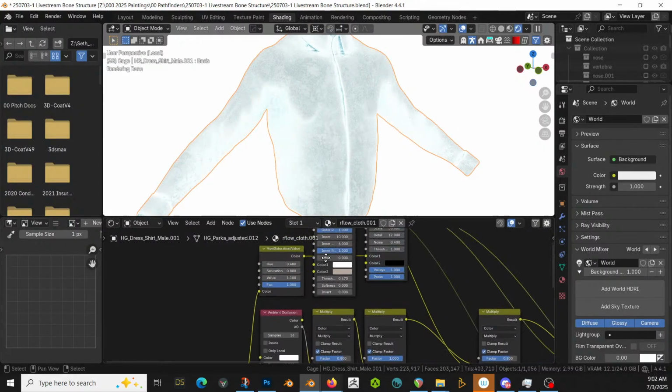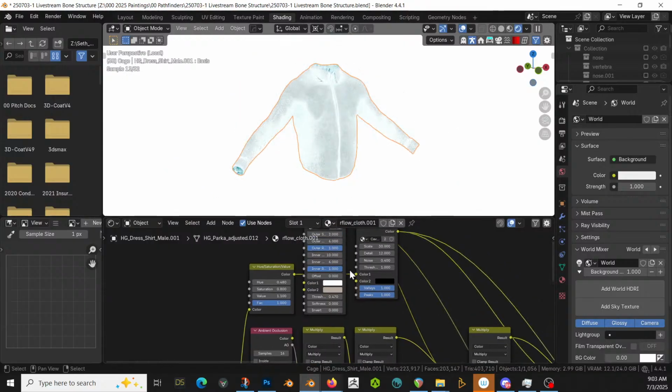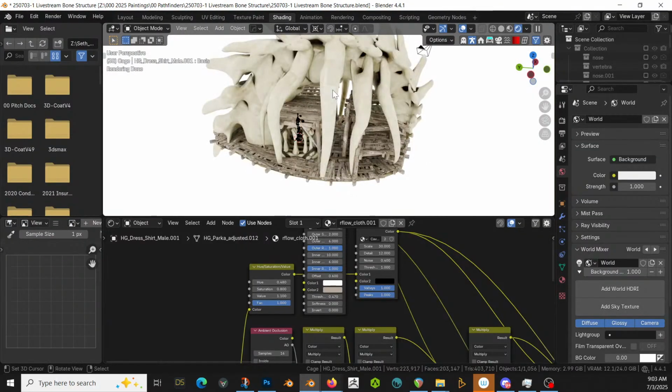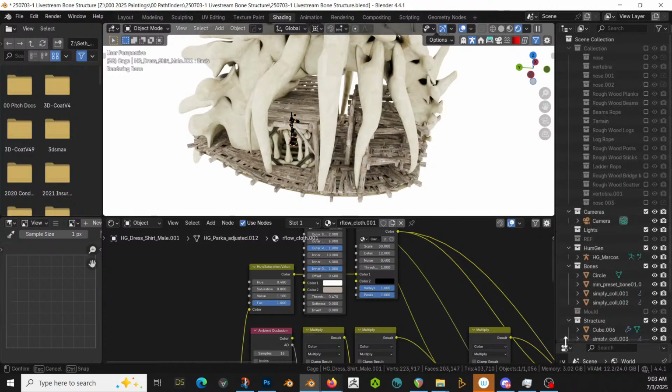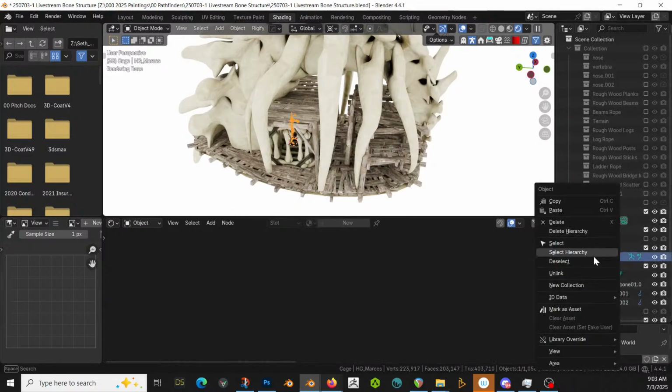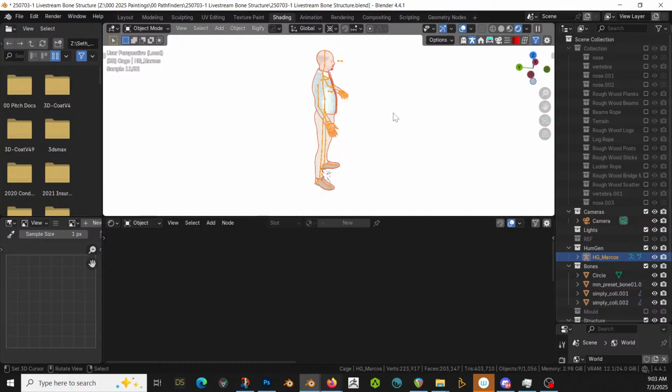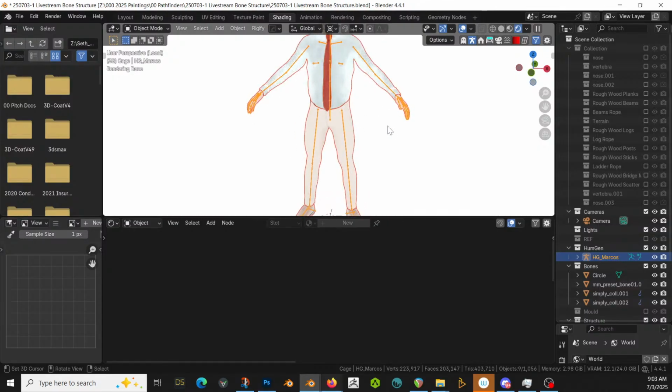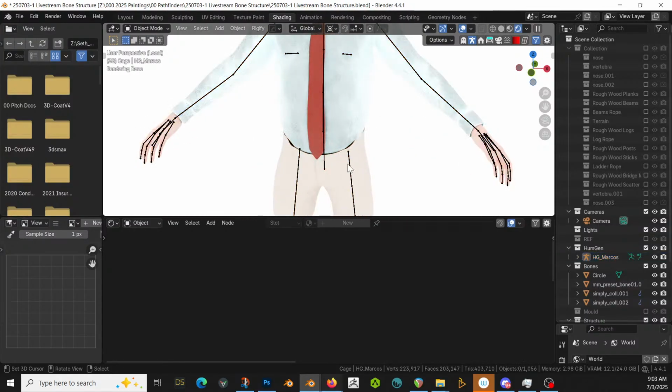Sure. I just let it have all of that dirt. I don't care. Move the offset though. Good deal. And cool. Then this one,